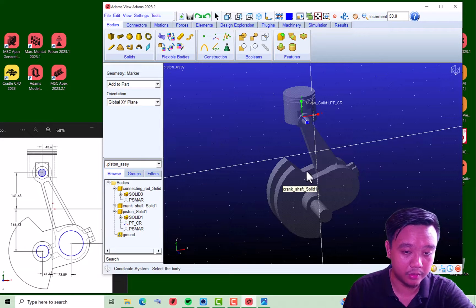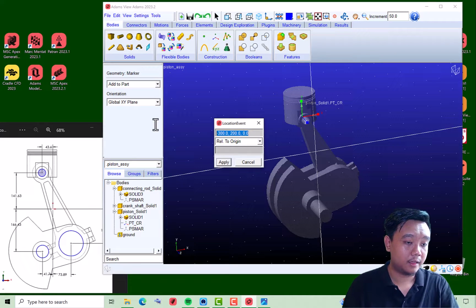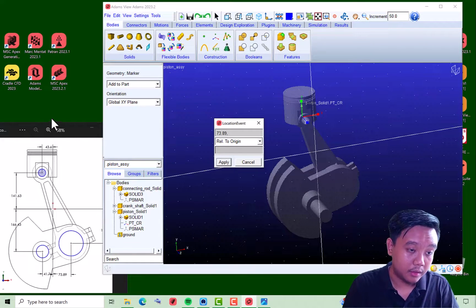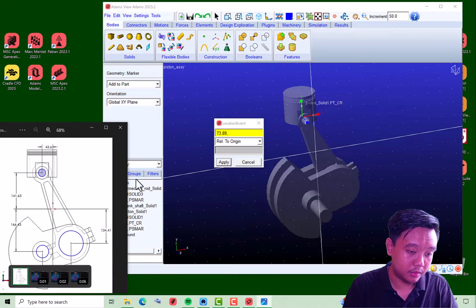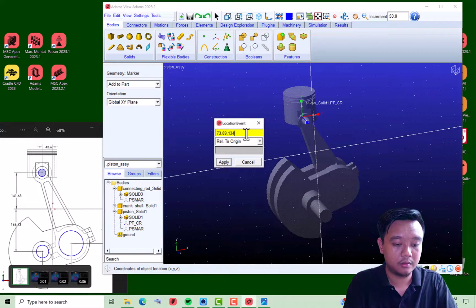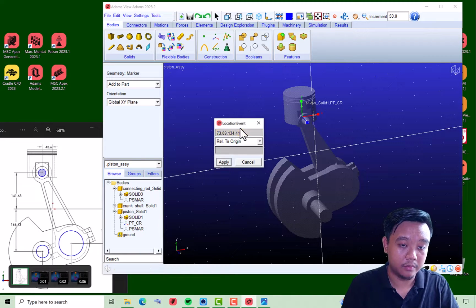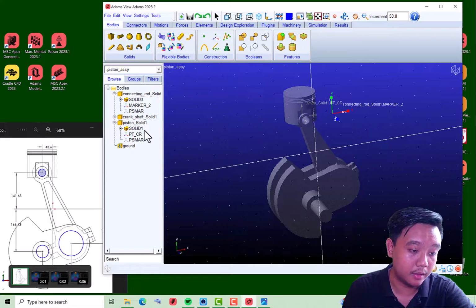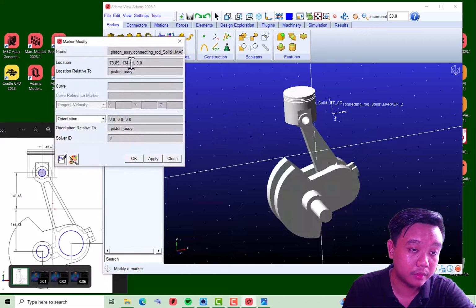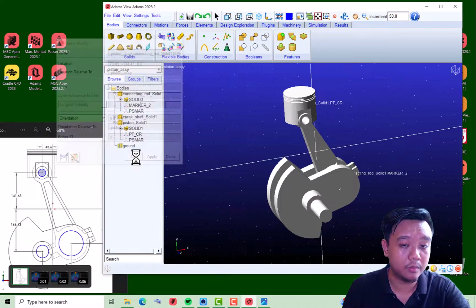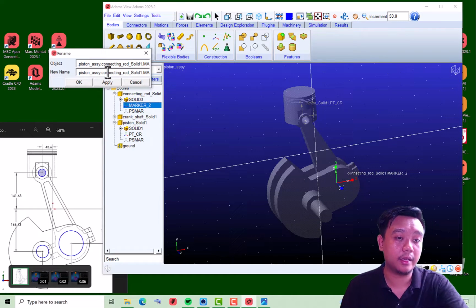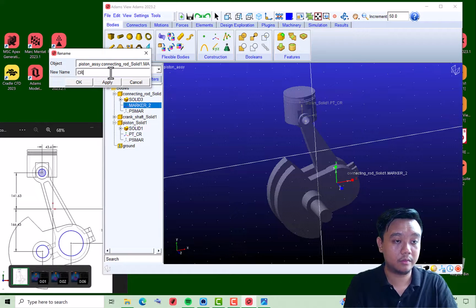I will make it belong to the connecting rod and right click again to input the coordinate. The X will be 73.89. The Y coordinate will be 134.41 and 0. Apply. Oh, wait a minute. Oh, it should be negative Y. Okay, just double click on this marker and you can edit it directly. I will rename it as connecting rod to the